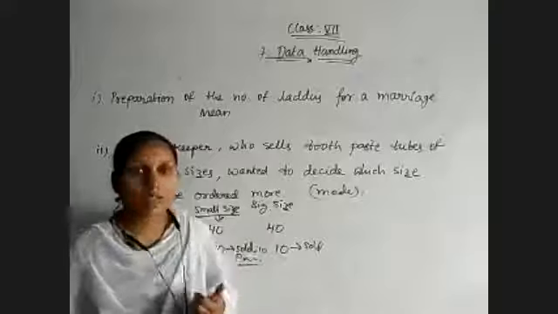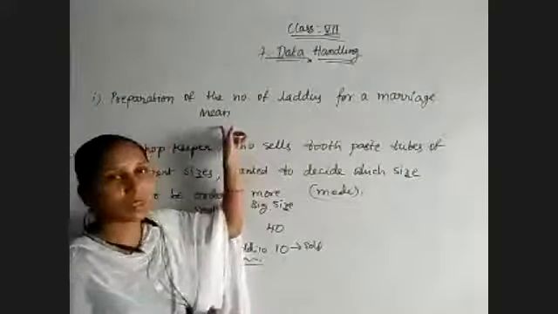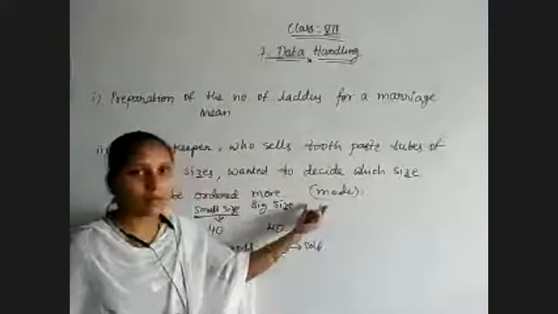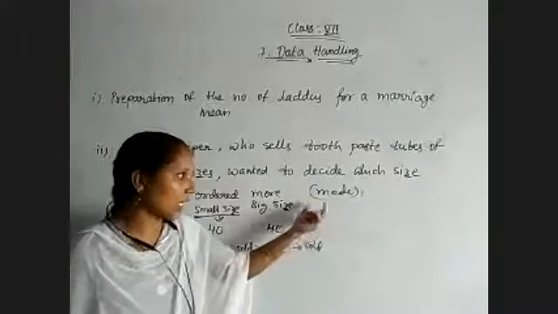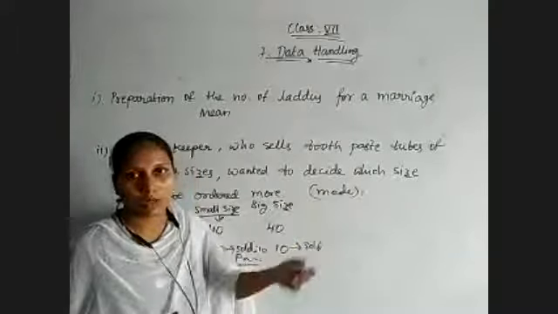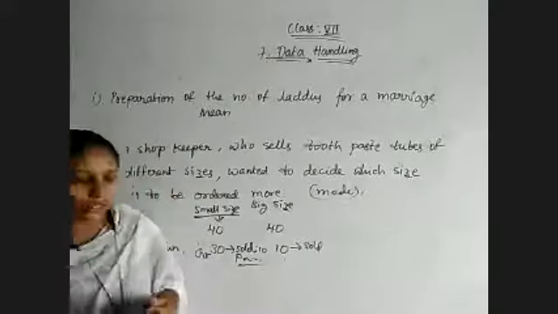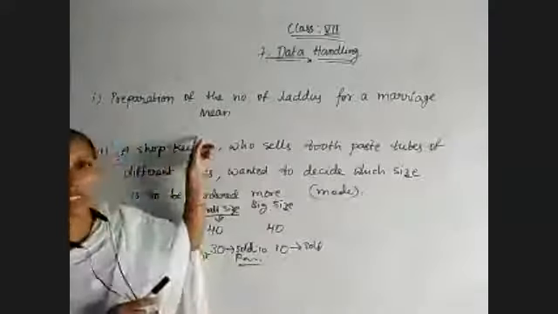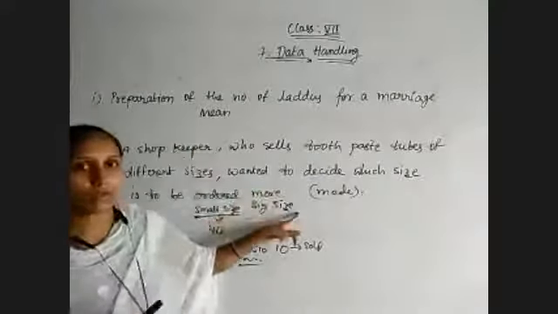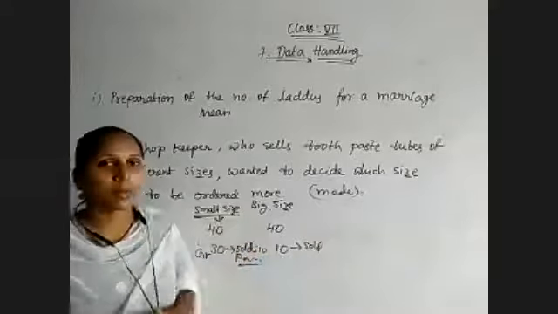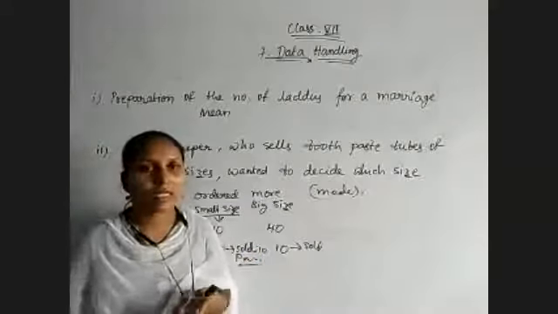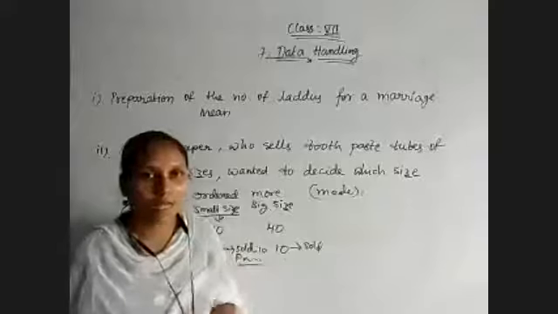Wherever we are dealing with a group of persons, we will go with the mean. And if we know a certain number which occurs most frequently, in that case we will use the mode. In some situations, mean is not suitable and mode is also not suitable. For those situations, we will go with the median. These are the three types of central tendency measurements of data.